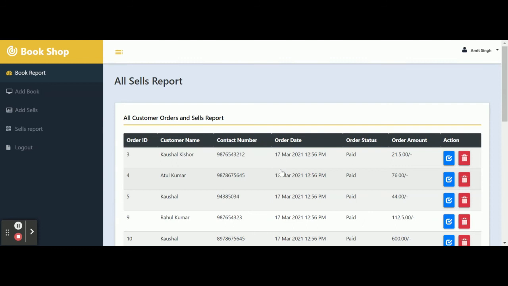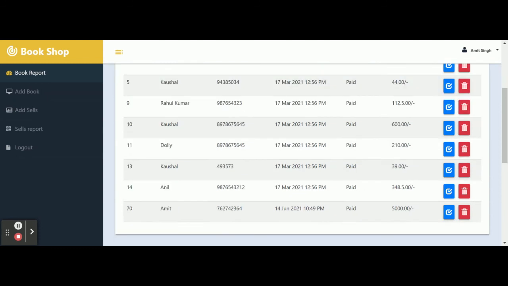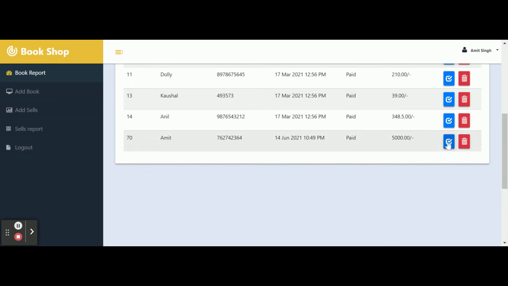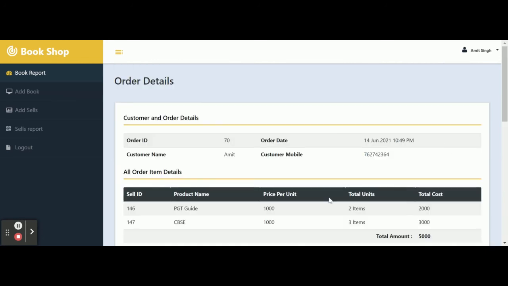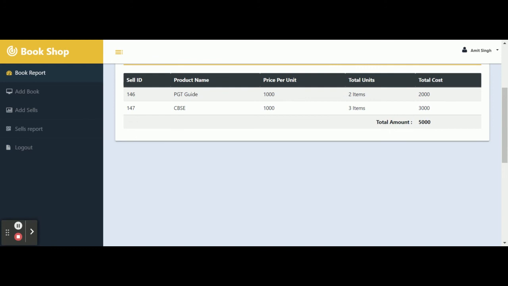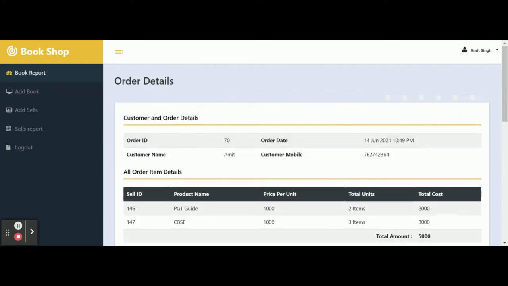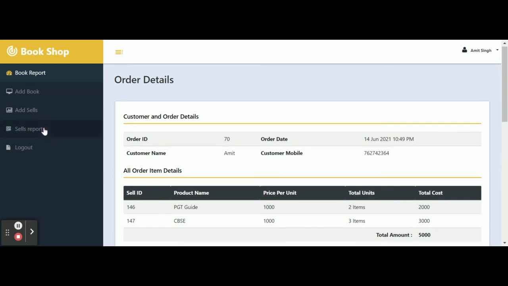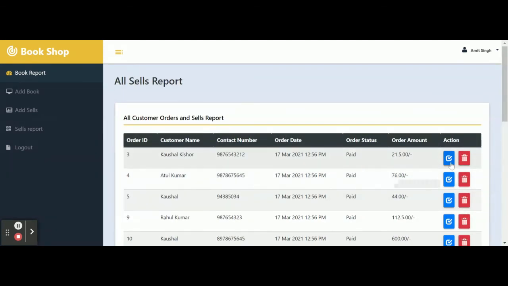Once you click on the sales report, you will be able to see all of the sales which you have made from this portal. So this is the last one. Once you click on this icon, the products which you have sold in that order will be displayed here. If you want to delete a sales report, just hit the delete button and that sales report will be deleted from the database.